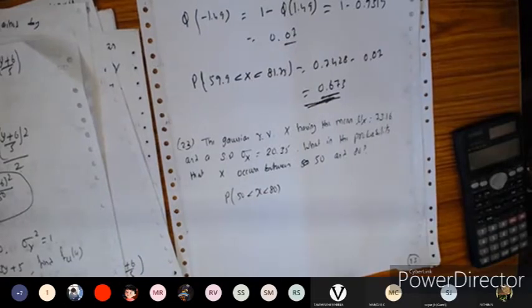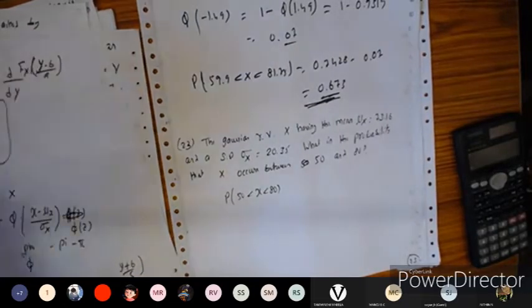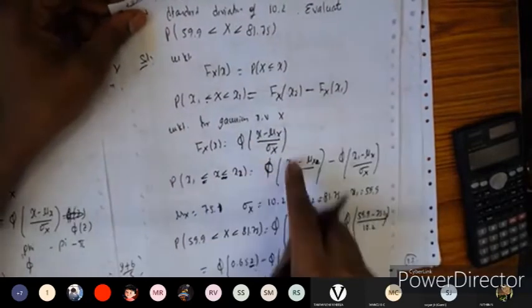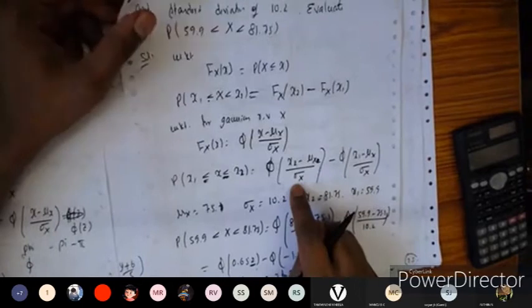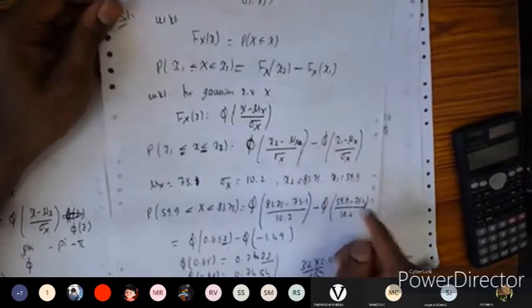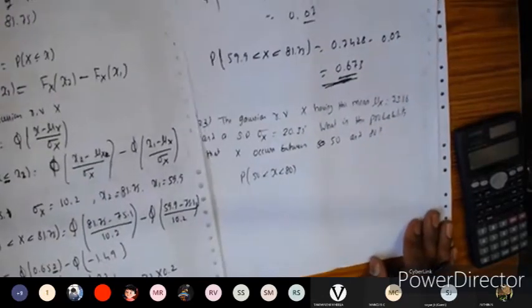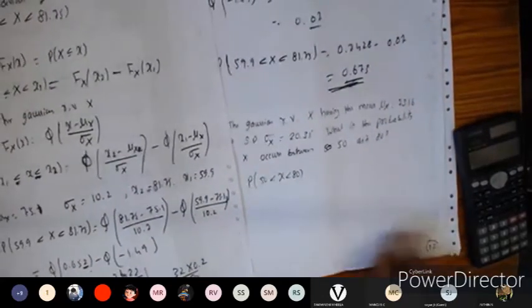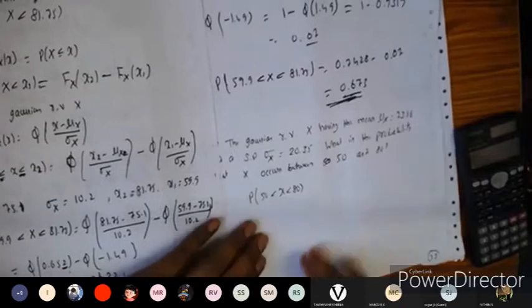So let us do as per the concept we saw in the last class. I'm going to directly go for the formula. I will take these values and substitute x2, x1, everything here, and we'll find the values directly. Any doubts in this one? The first problem I clearly explained. The second problem I'll do directly.